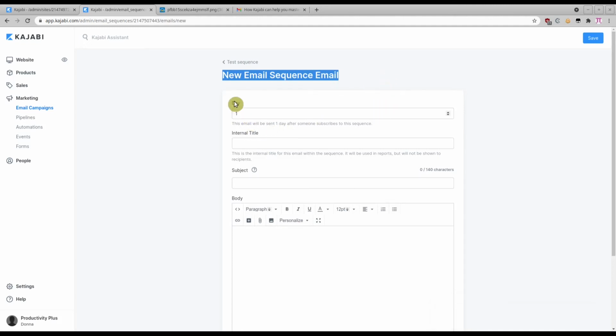And you can see the day number, internal title, and subject. So there's quite a lot of information to unpack here, but let me explain it. The Kajabi email sequence is designed to send a list of emails to a certain segment of your email list in order, with them each following a certain timing. It's much easier to see this with some emails in this email sequence, so let me go ahead and create